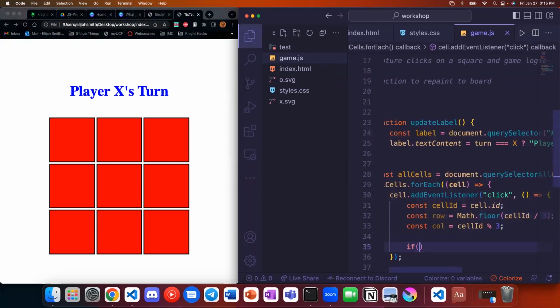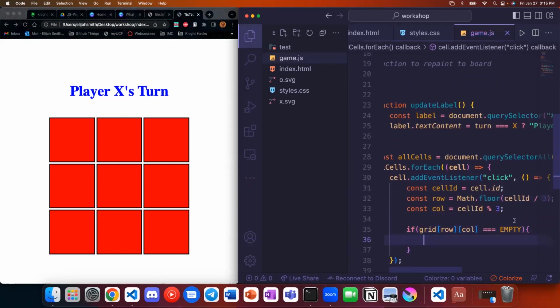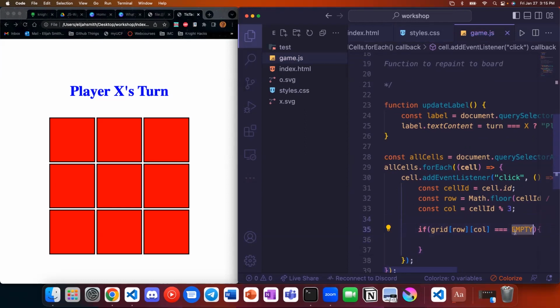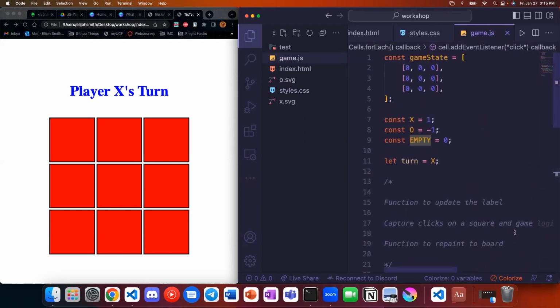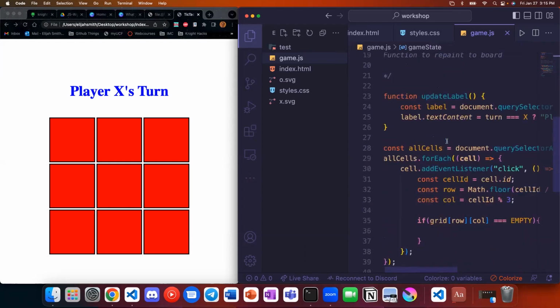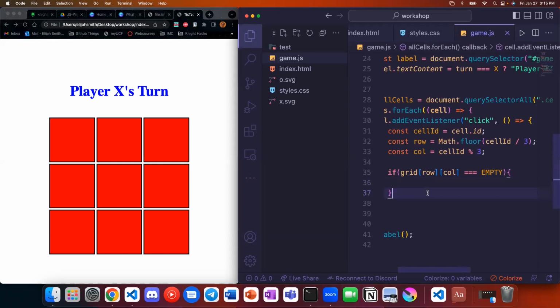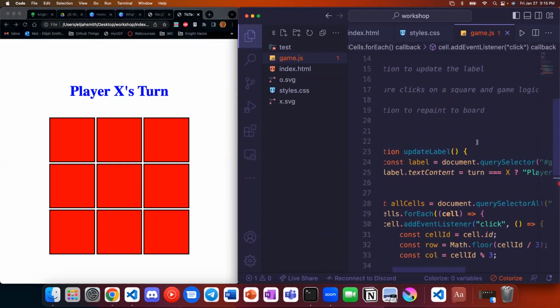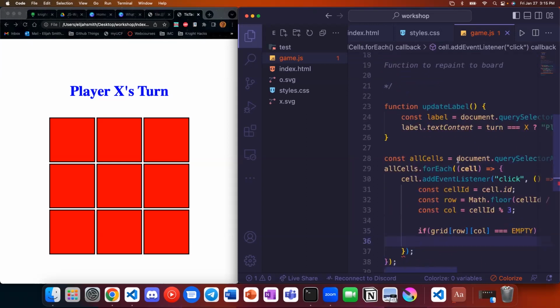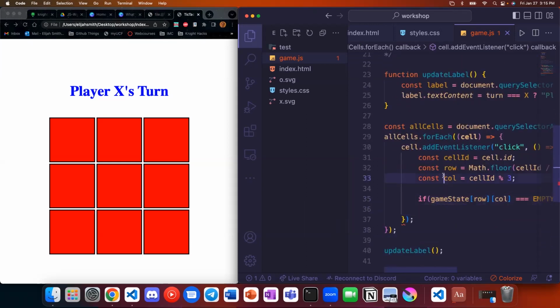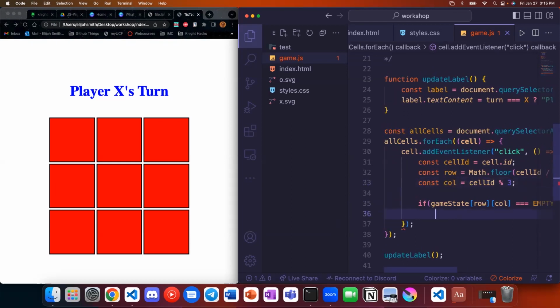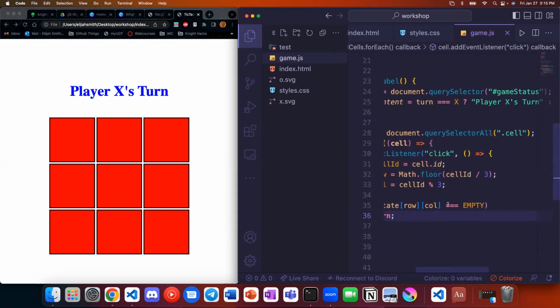We're going to check if grid[row][col] is equal to empty. Triple equals, again. Empty is a 0 in this case, so this could actually be really scary if we used a double equal. I don't know what would happen, but loose comparison could be an issue. But if it's empty, again, we said we're just going to reference what state our cell is using these constants instead. Yes, I called it grid when I made this originally. You are absolutely right. Game state row of columns empty, then we just want to return. Sorry, if it's not equal to empty.